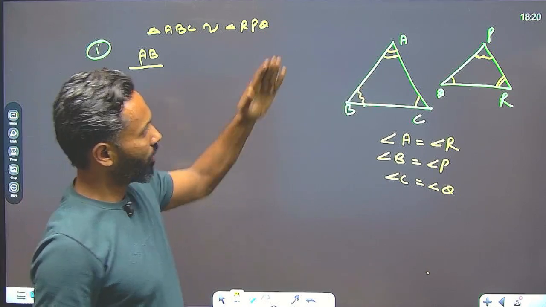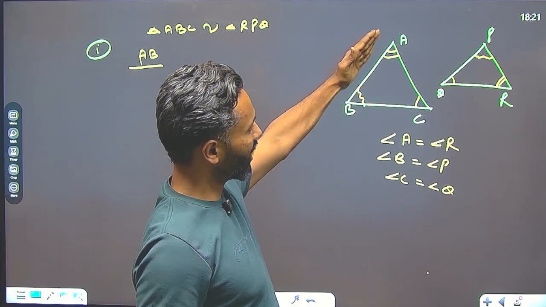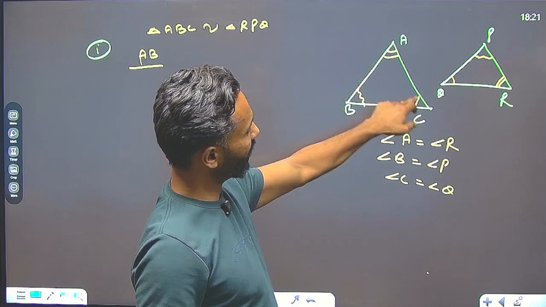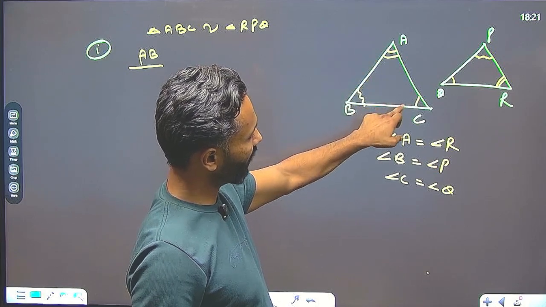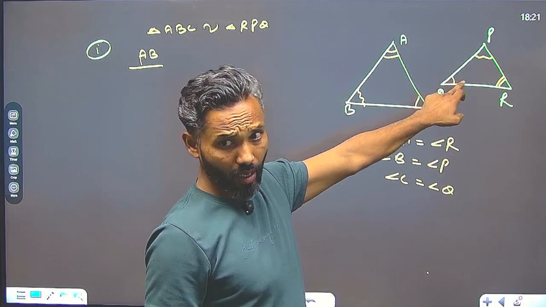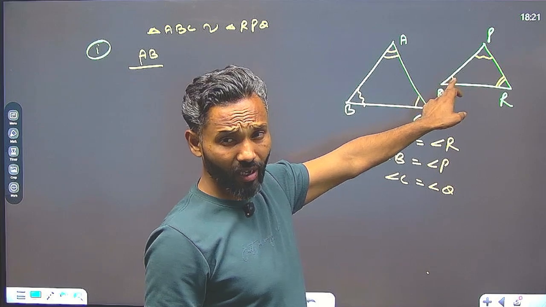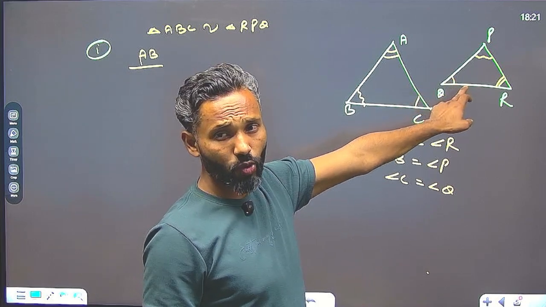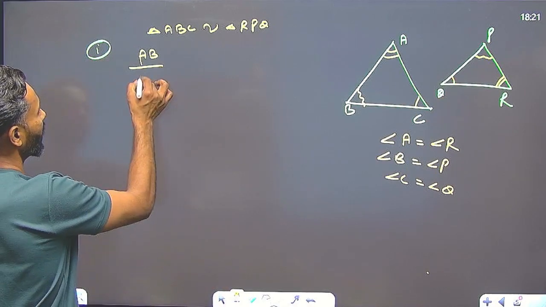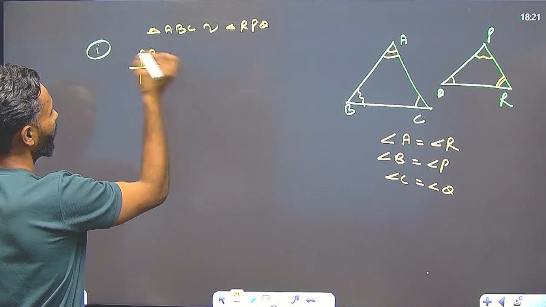Tell me which angle is just opposite to side AB. I can see clearly that angle C is opposite to side AB. Now I will identify which angle is equal to C in another triangle. Angle Q is equal to angle C. Now just see clearly which side is just opposite to angle Q. It is side PR. So I can say AB upon PR will be equal to